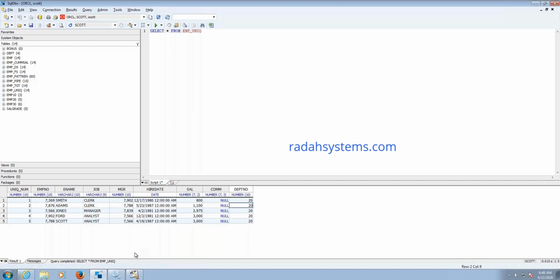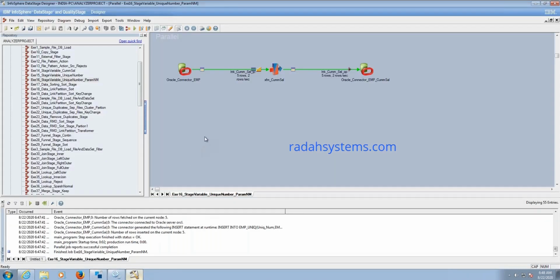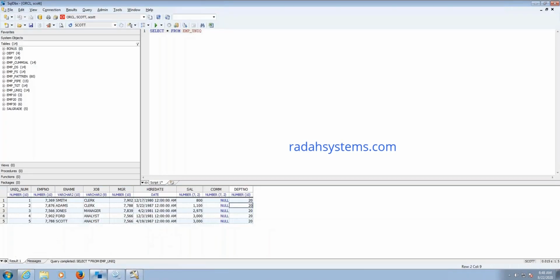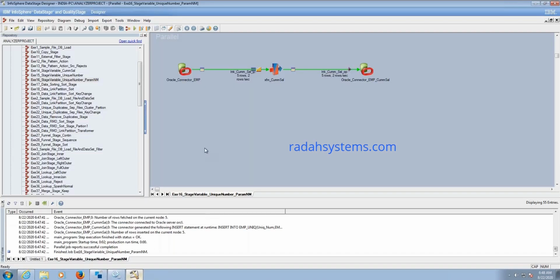So any questions on this exercise? What is a job runtime parameter? We are passing a value dynamically here. Can you show me where you went to define the name of the parameter? You need to go to job properties, next to the save all button.